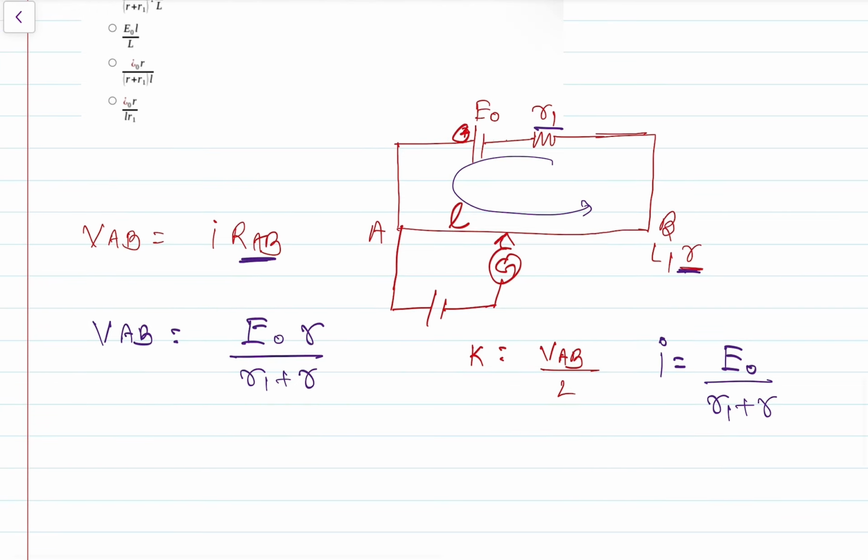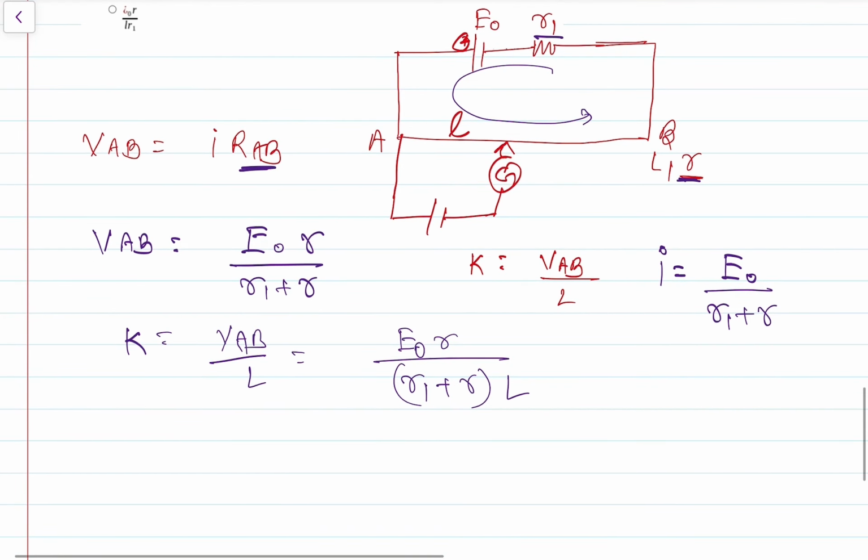Okay, now potential gradient is VAB by L. L is length of the potentiometer wire. So VAB is equal to E naught r by R1 plus r and whole divided by L. So this is potential gradient. Now, so here it is given null point is obtained at length small l. Okay, so we will get now,